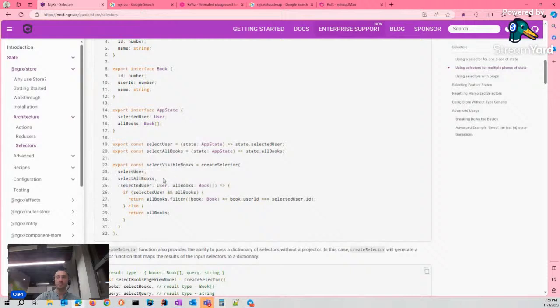If we used two selectors, we get two values in our projector function and make some calculations, and return some results from here.